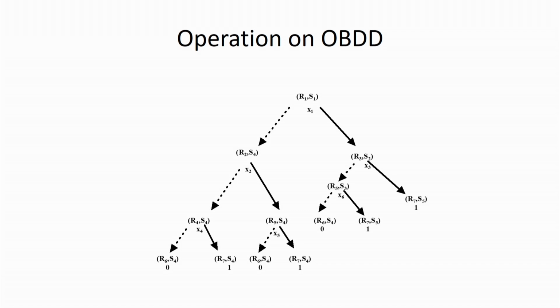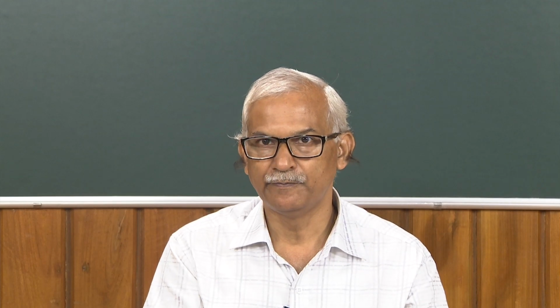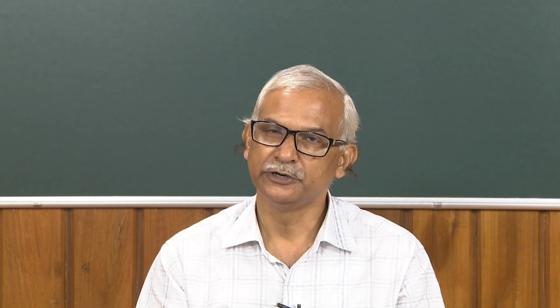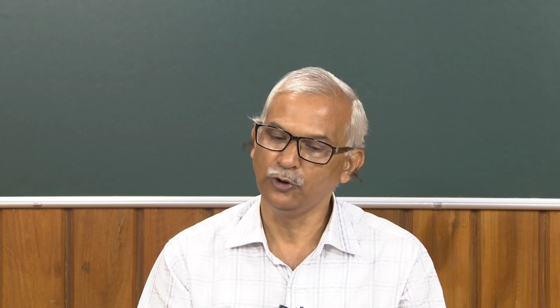Now, after that we can apply the reduce algorithm to get the reduced BDD, and finally, the reduced BDD is going to have this particular form. So, again it is going to have the same variable ordering x 1, x 2, x 3, x 4. So, here we can perform any operation on BDDs, and finally, we are going to get reduced ordered BDDs of those particular operations.